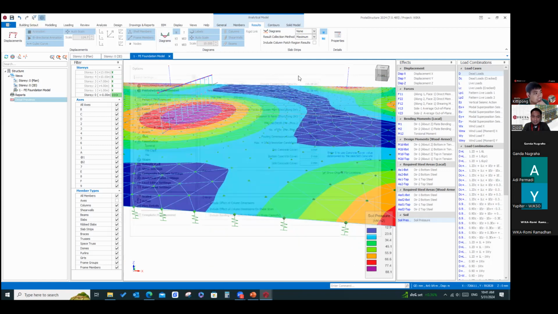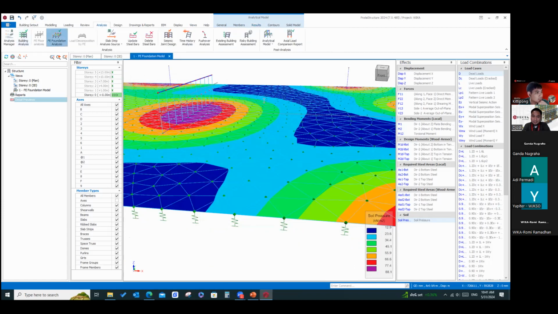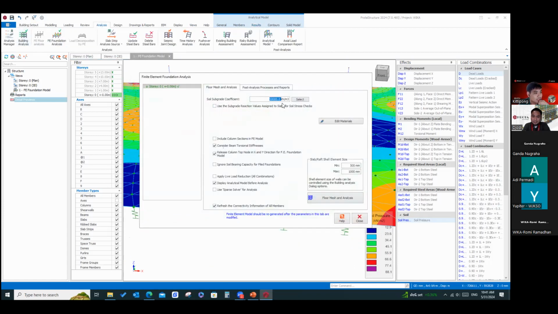You just change a little bit as I said. Before we do the analysis, you can change the subgrade coefficient, something like that. This one you can manually input, okay? We just put this parameter and then it will generate automatically. Yes, it will convert to the spring support underneath the foundation automatically.